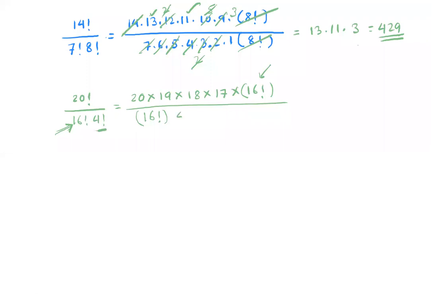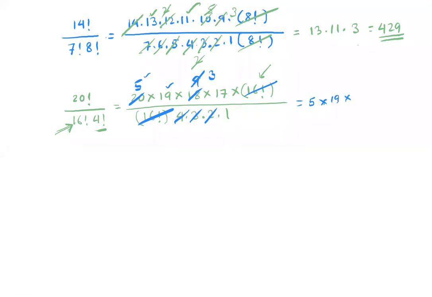4 factorial is 4 times 3 times 2 times 1. Now, in terms of cancellation, 16 factorial and 16 factorial is going to cancel out. Then let's see. 4 goes into 20 5 times. 2 goes into 18 9 times. 3 goes into 9 3 times. So your final answer should be 5 times 19